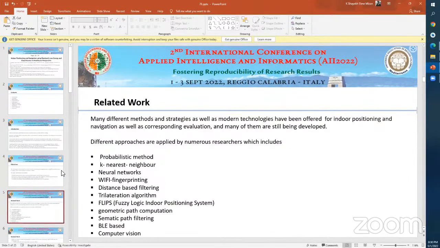Now I'd like to compare the related work with this research work. Many different methods and strategies, as well as modern technologies, have been offered for interpositioning and navigation, and they have implemented several approaches, like the probabilistic approach, KNN algorithm, neural networks, Wi-Fi fingerprinting, distance-based filtering, trilateration algorithms, fuzzy logic, geometric path computation, semantic path filtering, BLE-based methods, or computer vision. But